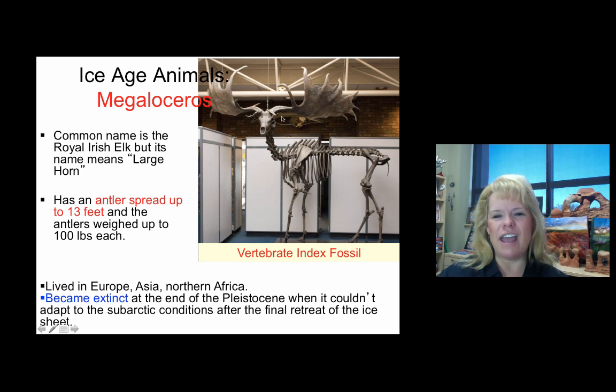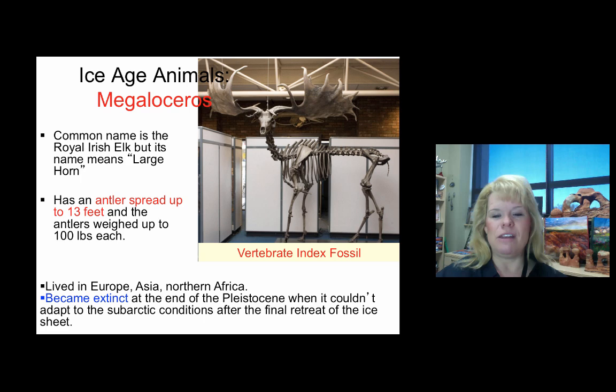So this guy, take a look at his neck bones and then look at where you would have attached tendons and muscles right here. This guy had to have a neck that was some kind of strong to be able to carry that weight. And think about this. Deer lose their antlers one time a year, so this is a year's worth of growth. That's incredible. I wondered how this guy got in and out of the forest effectively with a rack that size, because you're looking at a spread of about 13 feet from antler tip to antler tip. This guy is phenomenal. So if you like big game, this is your animal right here.